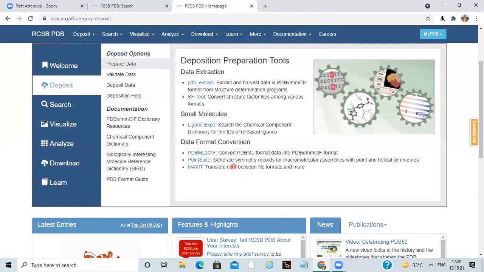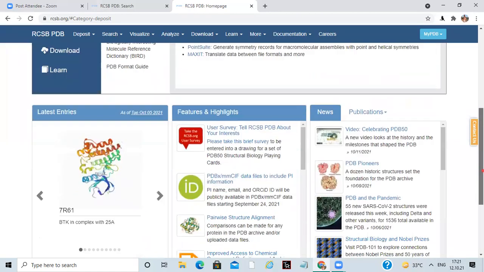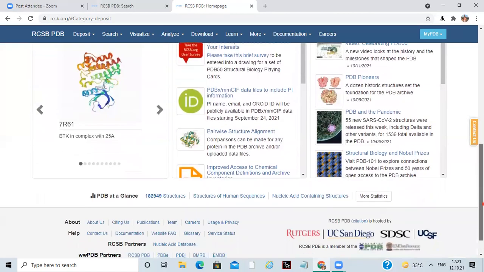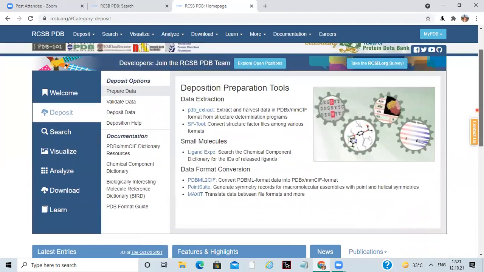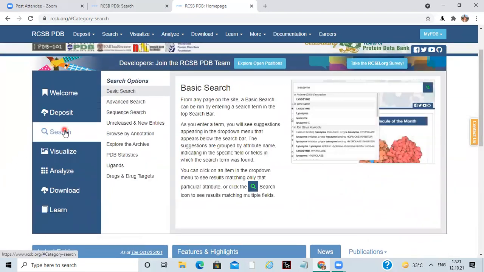We have PDBQT files also: when we prepare files for docking, we will need PDBQT files. Here the PDB-ML format is converted into PDBx or mmCIF format. We have PointSuite, we have MaxSuite. Suites are packages which you can call, provide your data, and work on.